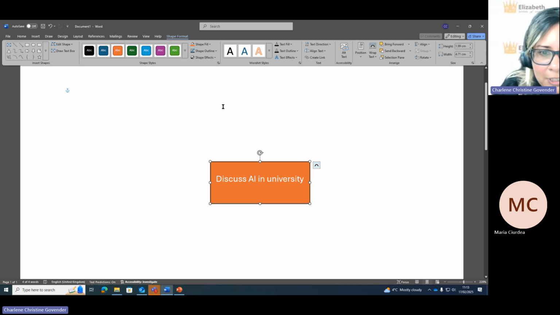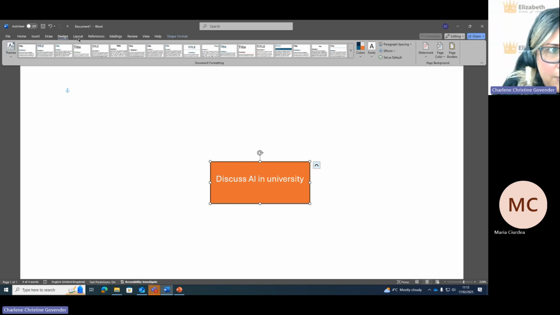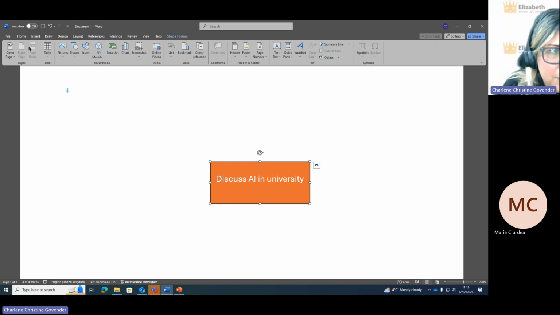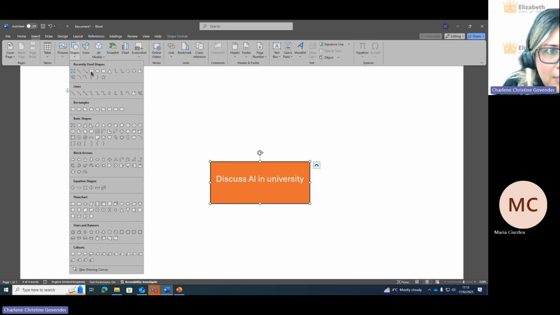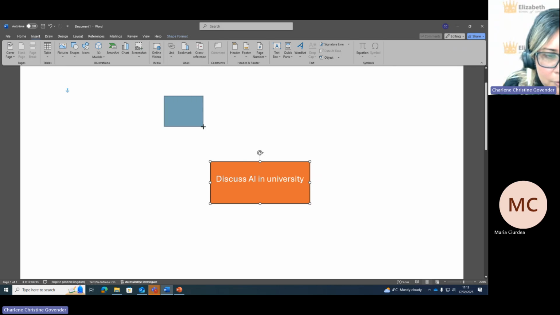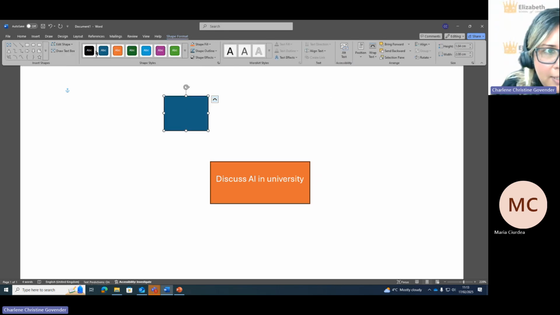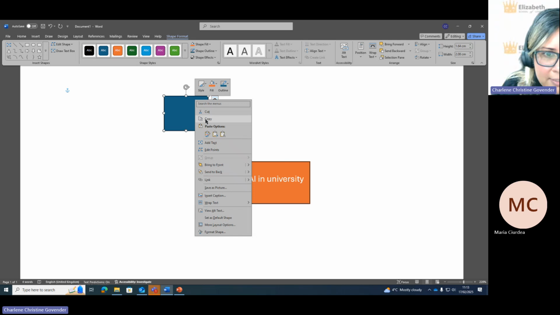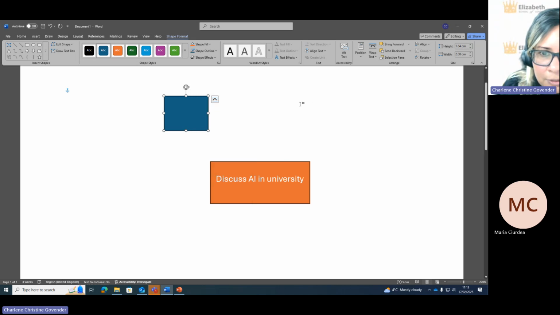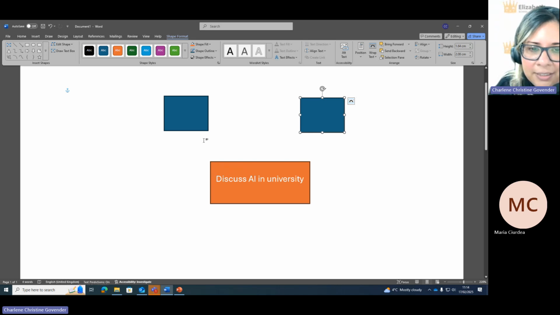Now I want to branch out and add extra blocks, or extra squares or extra circles, depending on your design preference. So you're going back to shape. I'm going to add another square, do a smaller one. And I think I have another idea. So I can copy the same square and then I can paste. Okay, so let's see, discuss AI in university, and I will say,